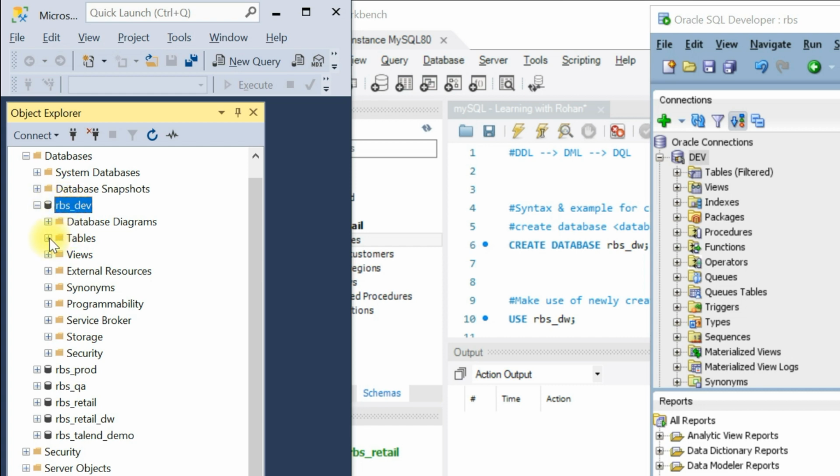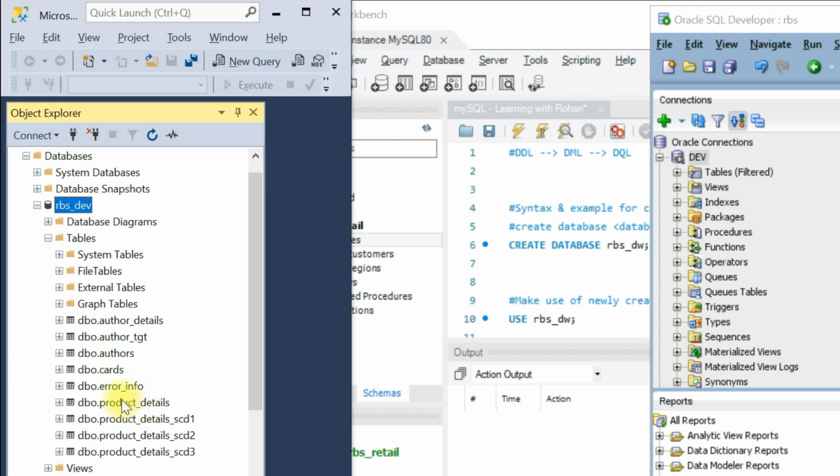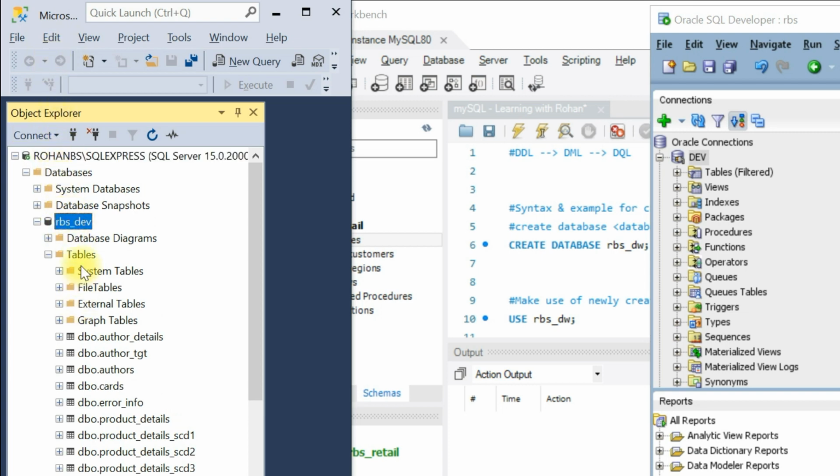When it comes to tables or views, you can further segregate these objects at the schema level. By default you will get the dbo schema, the default schema for every table, but you can have your own schema name dot the table name. So the hierarchy in SQL Server is the instance. An instance has multiple databases, each database can have one or more schemas, and each schema has one or more tables. This is how it works in SQL Server.